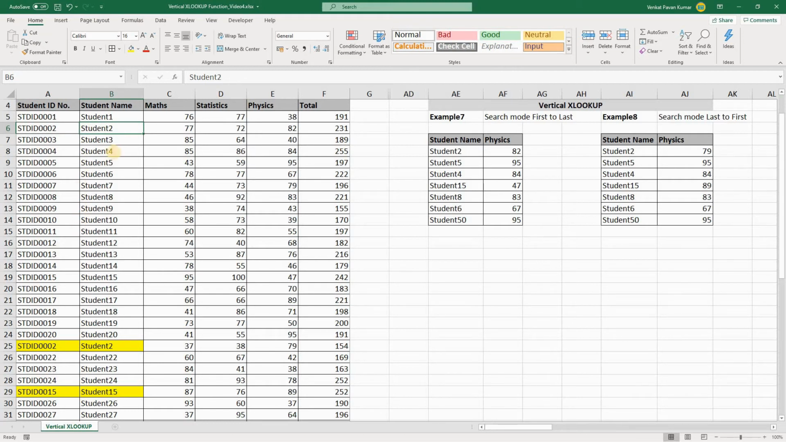Okay, so same thing with student 15 data also. So for student 15, 47 is updated in example 7. Whereas in example 8 we can see 89 is updated. Okay, so once it reached student 15, it picked up this value and updated here. So it did not reach this student 15 to get this value. Okay,